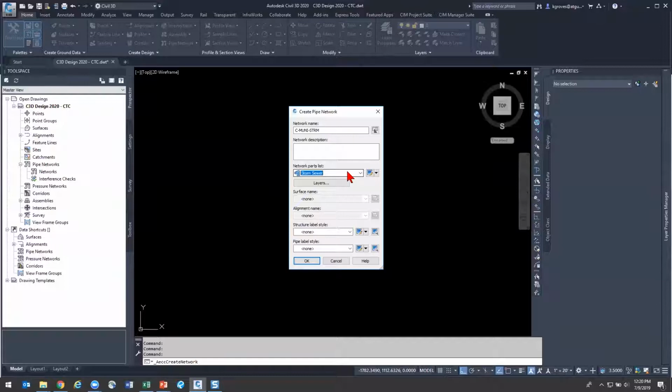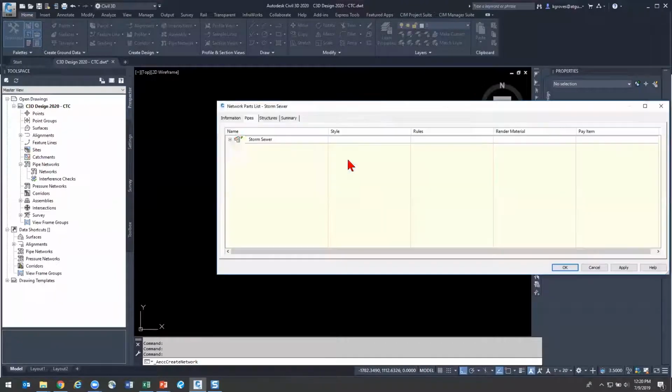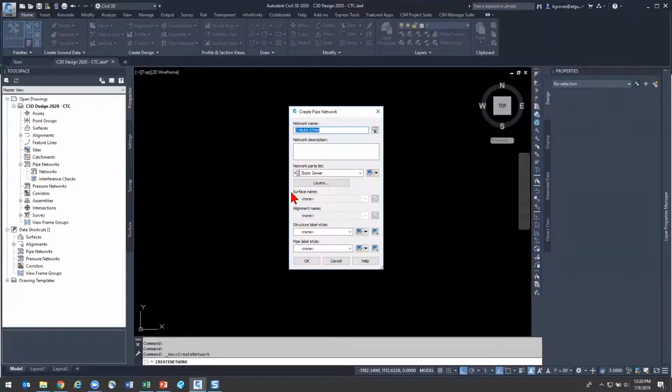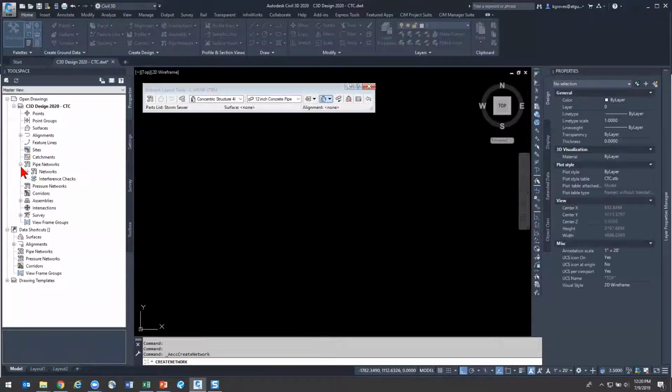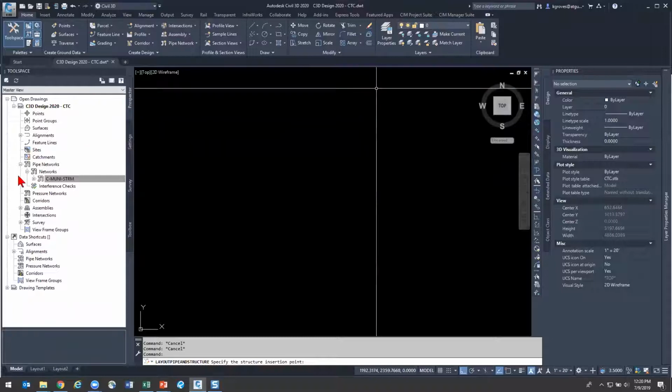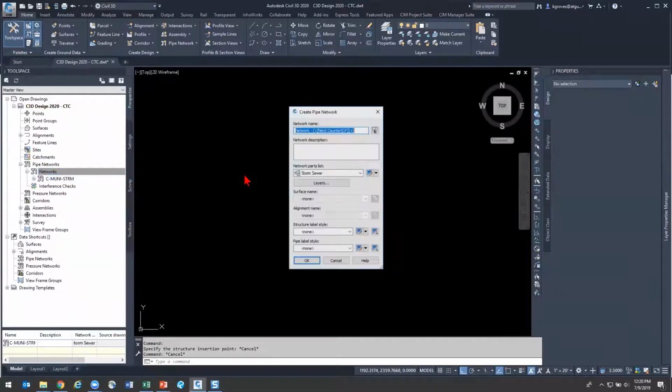I've got some other stuff baked in for some aha moments, but this is also the point in time in your template. You go through, you make sure you have all your parts in here, all your sizes. You've got your styles set up, any pay items, render materials, rules, all that stuff. Do this in your template to the best of your ability before you go in and build it out for your testing. But I've got one for C-Muni-Storm, and I'm going to need another for C-Muni